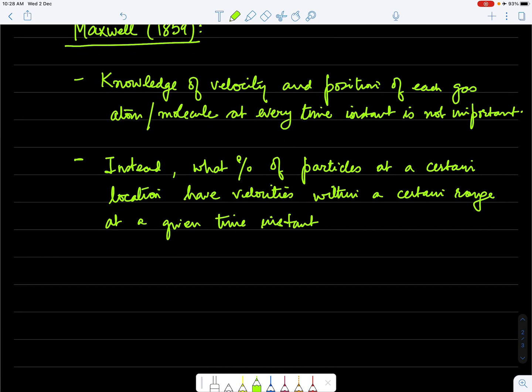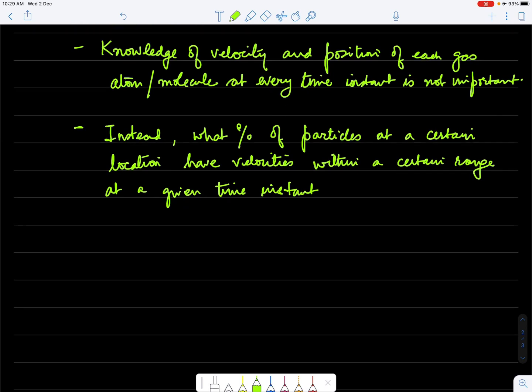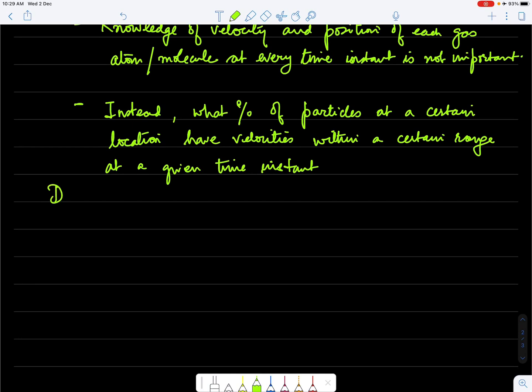So we don't need to know 10 to the power 23 coordinates, and of course 3 times 10 to the power 23 velocity components, but rather if we just know the fraction of particles at a given location which have velocities within a certain range, then that's more than enough. So what he defined was